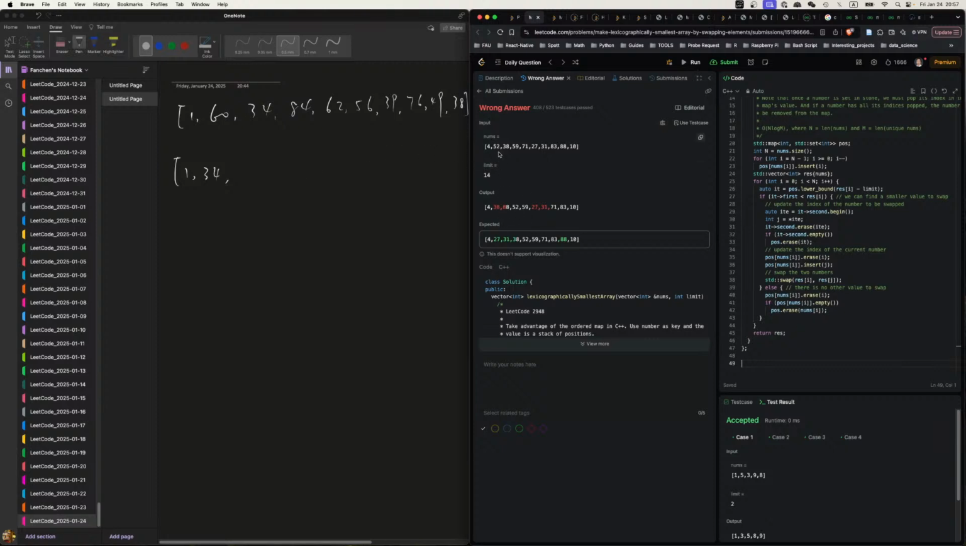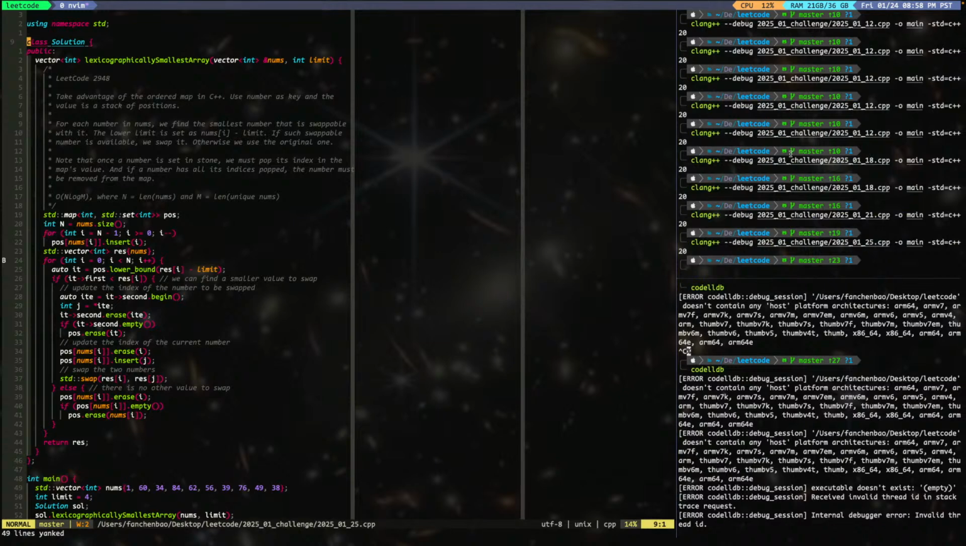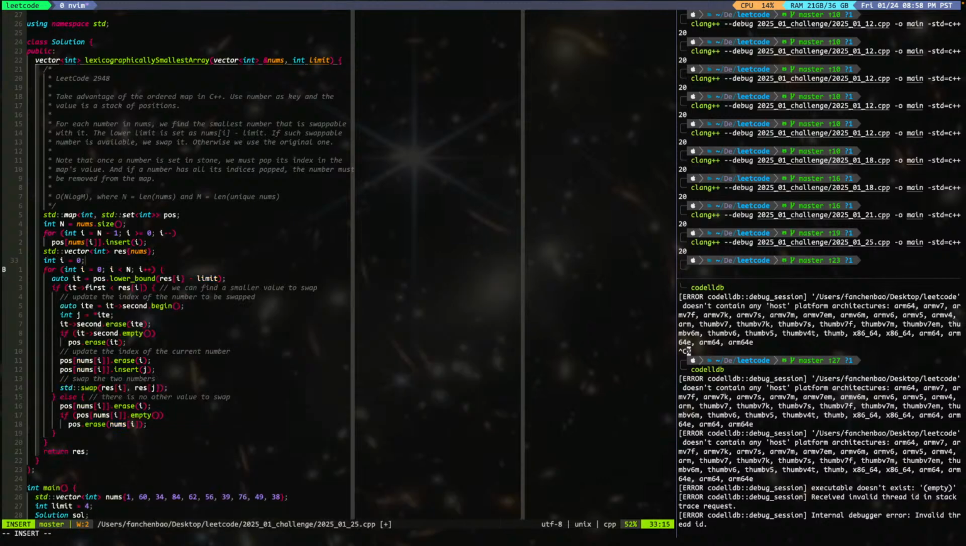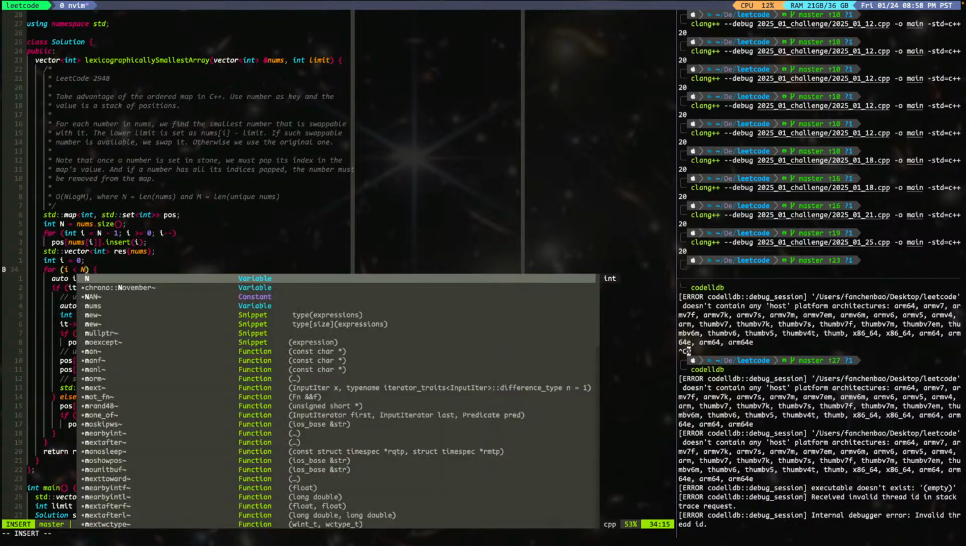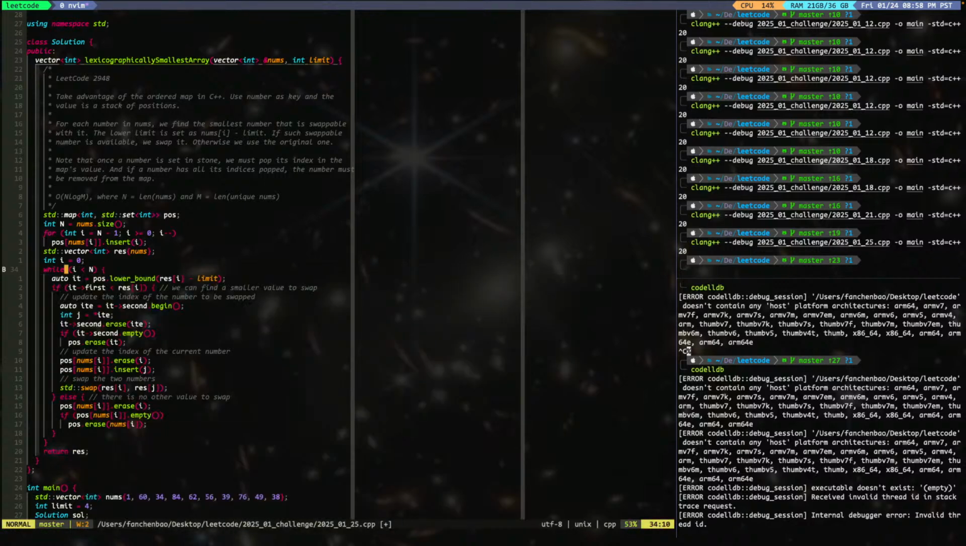So 52 minus 14. What's 52 minus 14? It's 38. So we have 38. Ah, I see. So you have to keep swapping until you can't move forward anymore. So int I equals 0. Alright. And then this one will be, while I is smaller than n, we do this, blah blah blah, and then